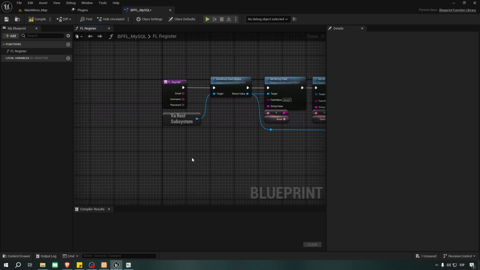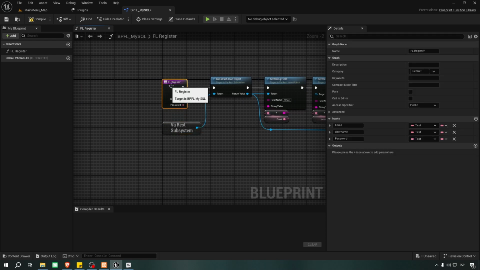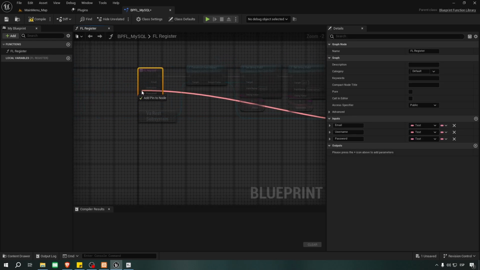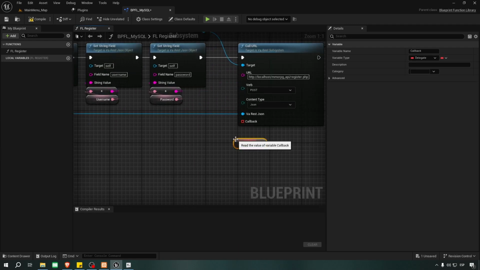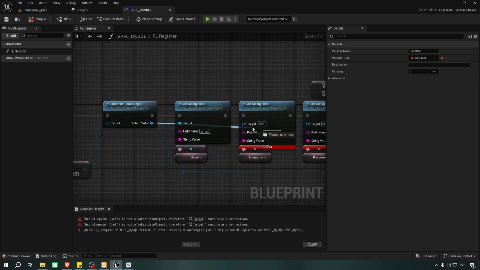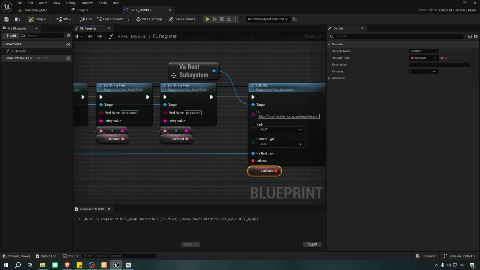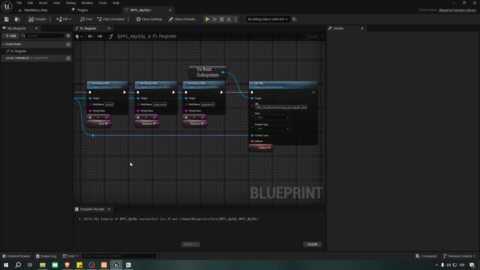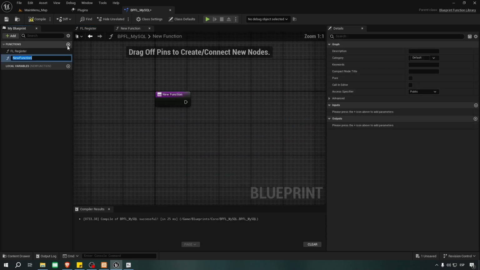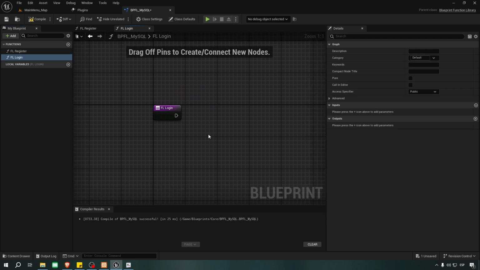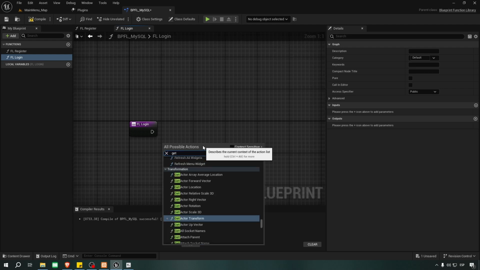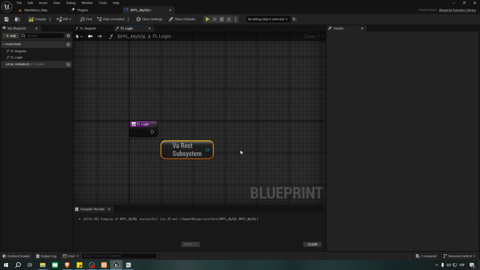Also for the UI response, we need this callback here. We can get callback. Great. And this is for this and this. Great. Now we need login, field login. And we need to do the same, but for the login. So for the login, we can get barest subsystem